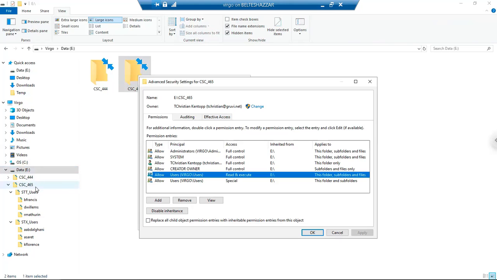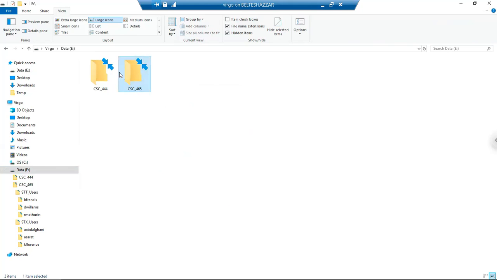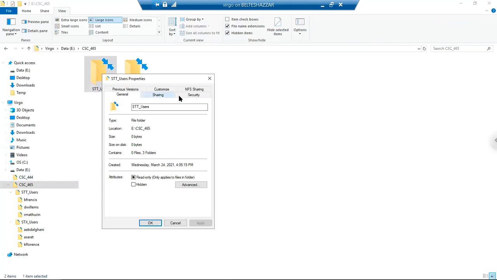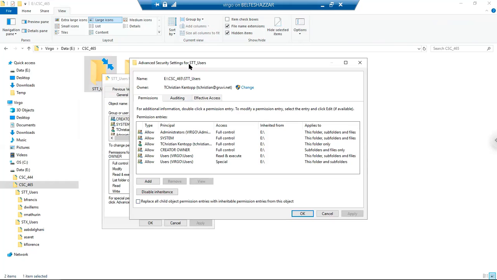Because all of the permissions are identical. Let's look at the other permissions. I'm going to go inside here and look at the permissions for the St. Thomas users, the Tomians. If I go into properties and then look at security and then look at advanced, oh look,